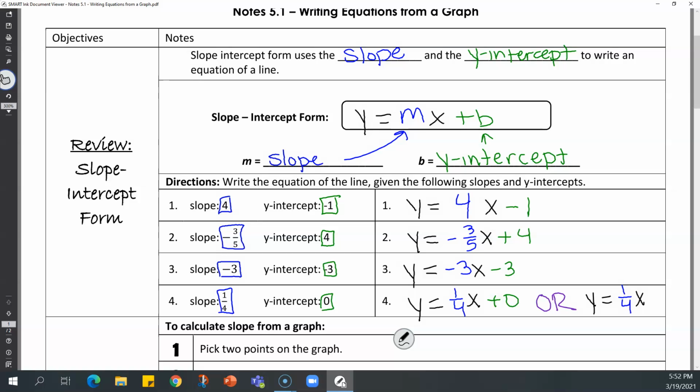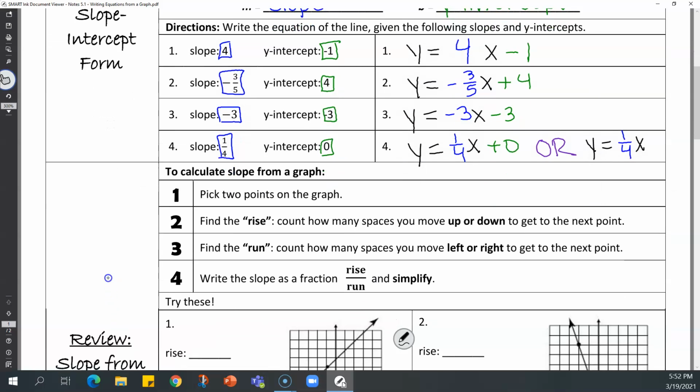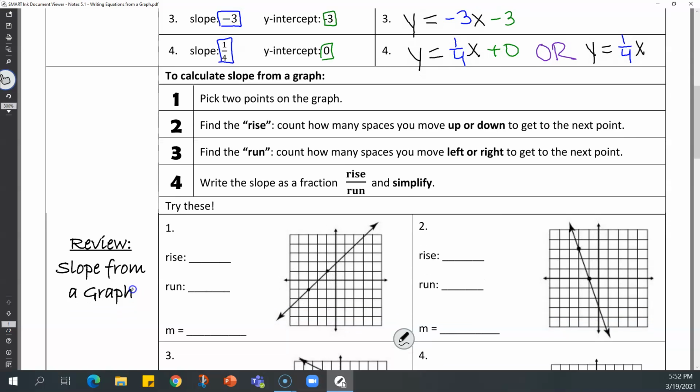But remember that we like for this to be as simple as possible. So just like I wouldn't say 5 plus 0, I would just say 5. Just like I wouldn't say 10 plus 0, I would just say 10. I don't need to say 1/4 x plus 0. I can just say 1/4 x. Okay? I will take either of these answers. But recognize that this plus 0 is implied here. Okay? Now that we've talked about how to plug our slope and our y-intercept in, let's talk about how to